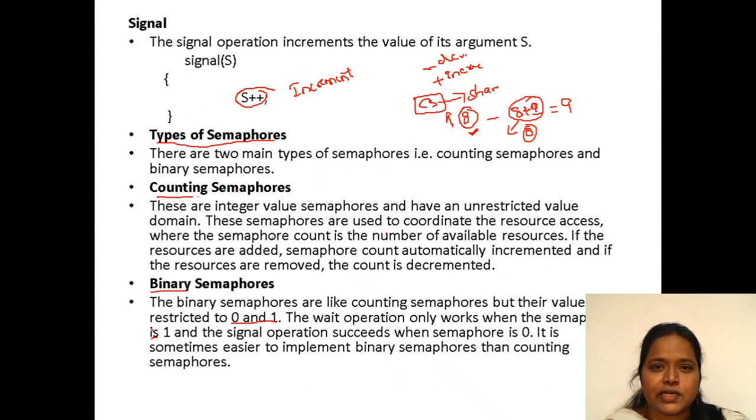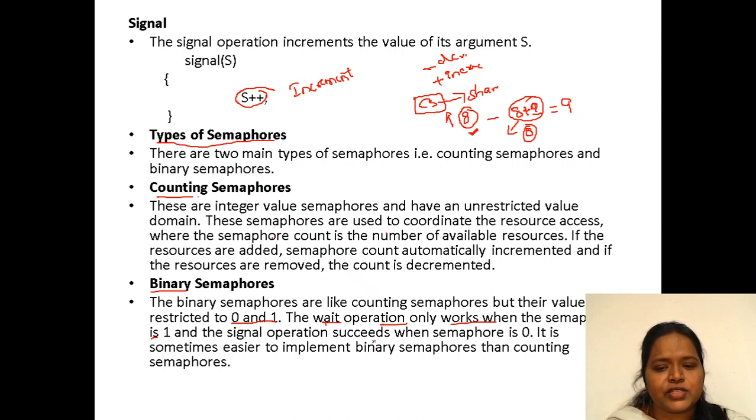So wait and signal are the two operations. When we are going for the wait operation, it should be decremented by 1. It doesn't mean that it should go to 0 or minus 1. If it is 0 or minus 1, it is going to perform no operation. So the major condition we want to specify here is, the wait operation only works when the semaphore value is equal to 1. If it is decremented, then we will get 0. If it is further decremented, it is going to be minus 1, which is not at all considered. No operation is going to be done.